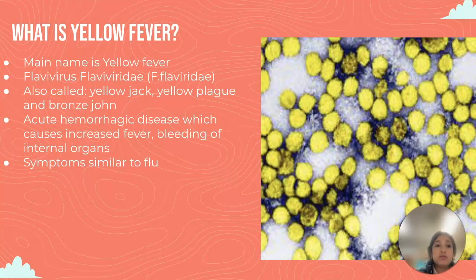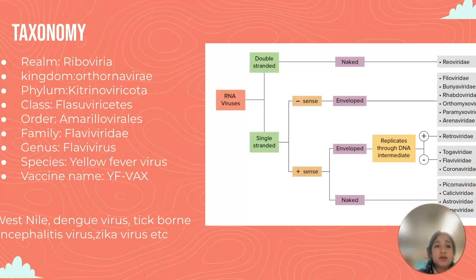in the presentation. Okay, so now let's talk about the taxonomy of yellow fever. I put this chart in here to help us understand how this family compares to other different types of families. So first, we start off with the RNA virus. In our case, it is single-stranded, so we go down here, and then we go down to positive sense. In our case, it is enveloped, so we go up here, and then we go to the negative side, which